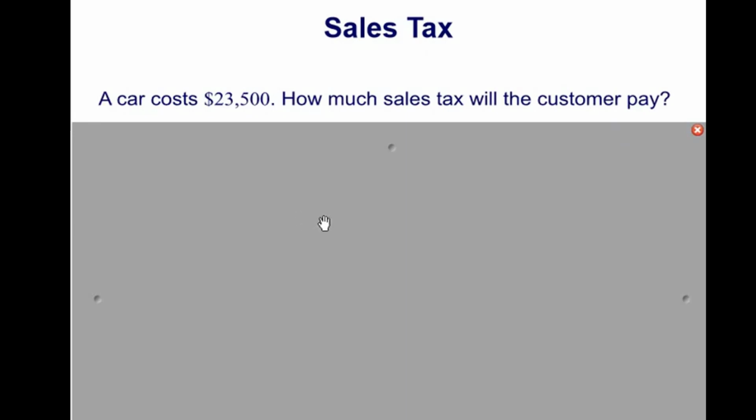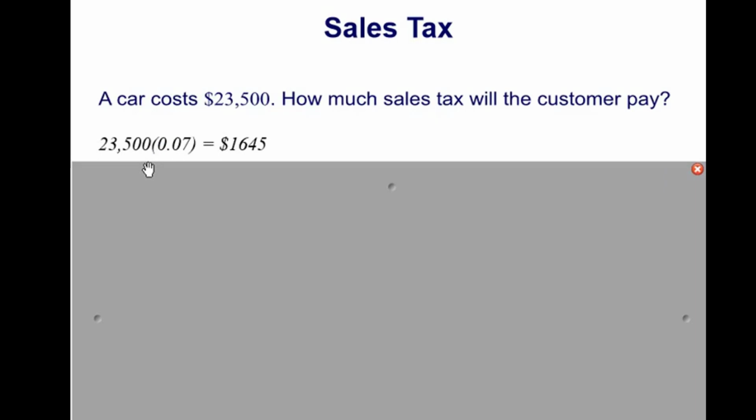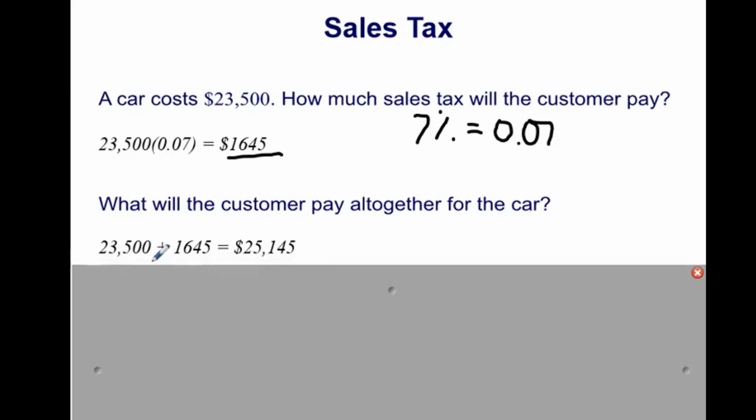So here's an example. A car costs $23,500. How much sales tax will the customer pay? So first, you have $23,500 times the 7%, which is 0.07, which is $1,645. That's how much tax you're paying in addition to the $23,500 car. So what will the customer pay altogether? You have to add this amount to the original. So you'll have $23,500 plus $1,645, which is going to be a total of